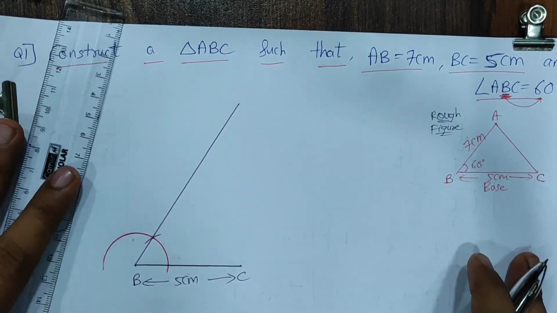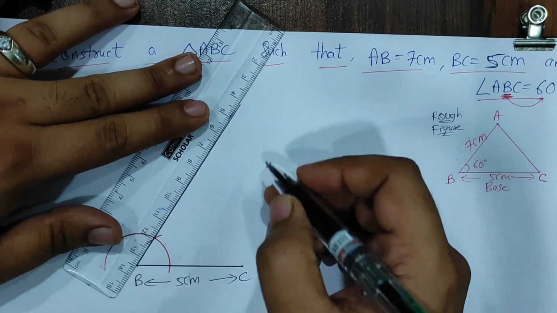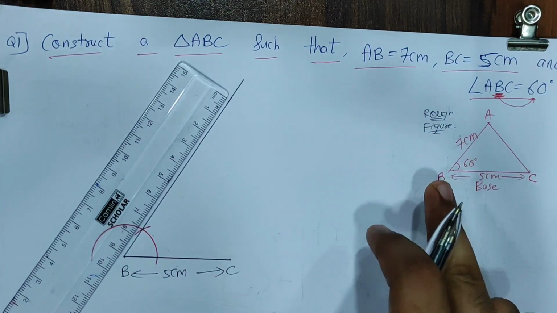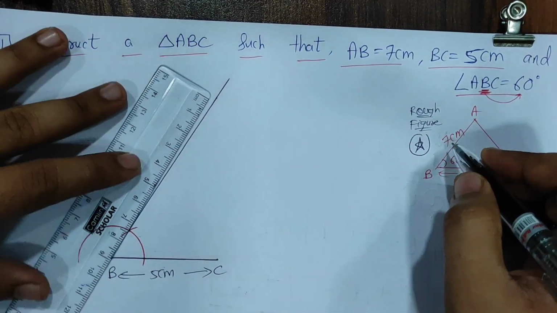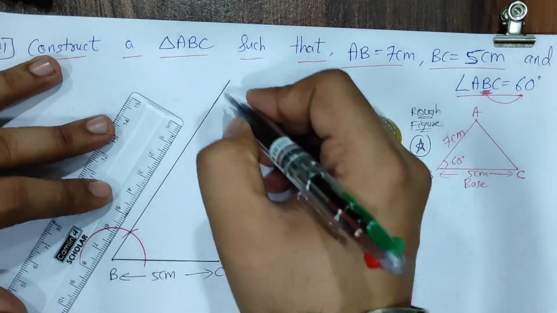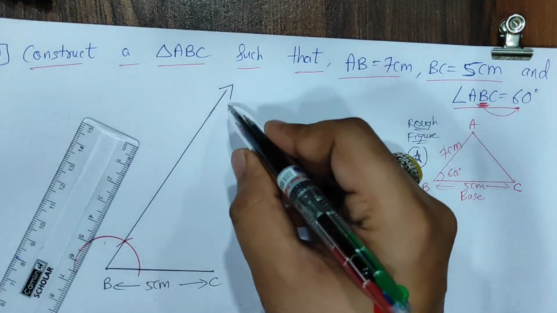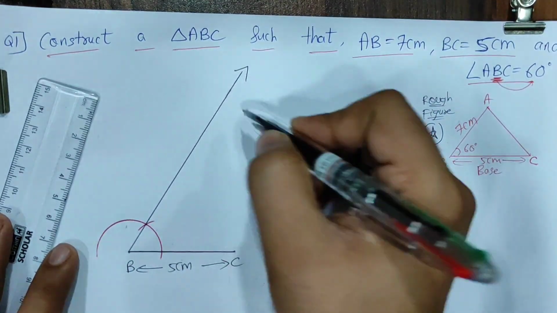See this, please. Randomly I have drawn this, without any measurement. I cannot take the measurement. See here, students, very important point. Here I know it's 7 centimeter, but I will not take 7 centimeter like this. It's not allowed. Just draw a random straight line and mark an arrowhead. If you don't mark this arrowhead, your marks will be deducted. 1 mark will be deducted if you don't draw this arrowhead.